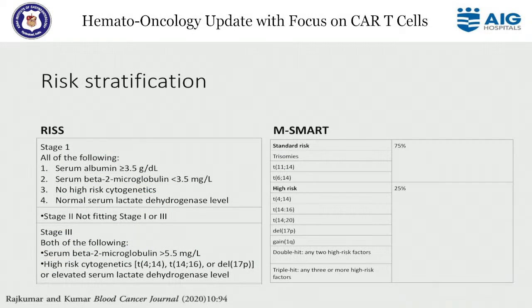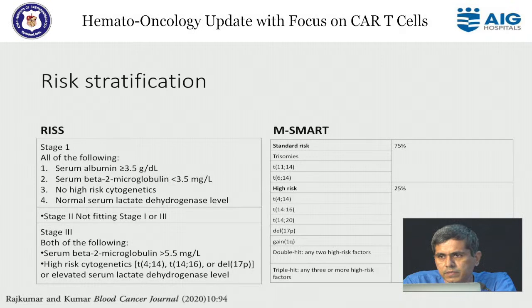Traditionally, originally there was the International Staging System. Later on, it was revised and called the Revised International Staging System. The original International Staging System had only serum albumin and beta-2 microglobulin, but the Revised International Staging System included LDH and cytogenetic abnormalities. As all of us